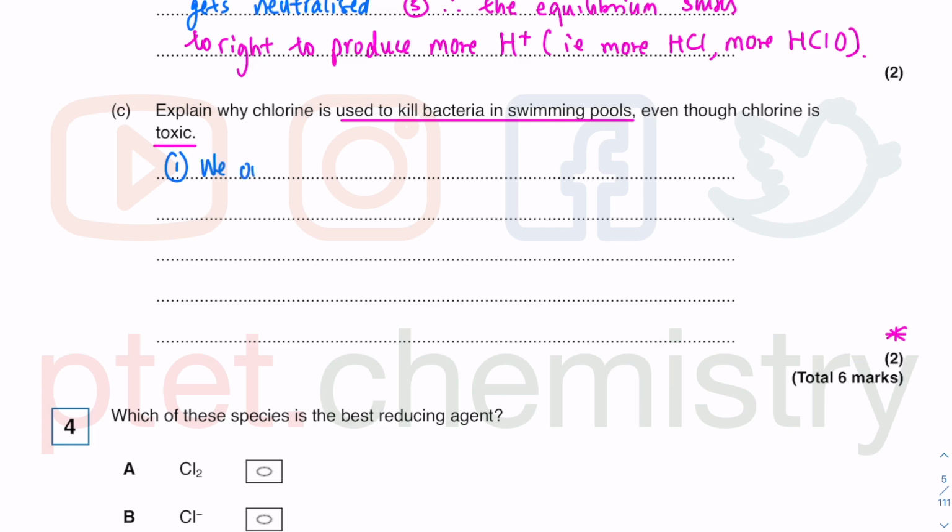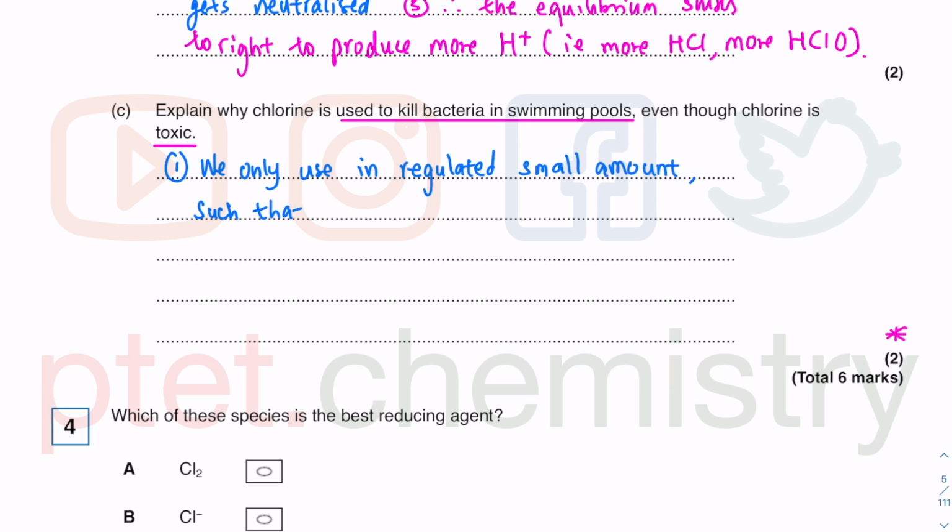We only use it in a small enough quantity, in a regulated small amount that is safe enough, not extremely toxic in a regulated small amount,